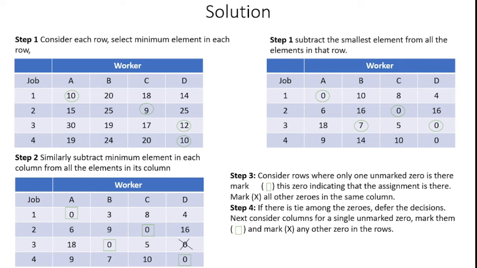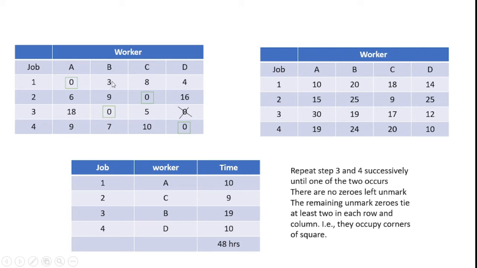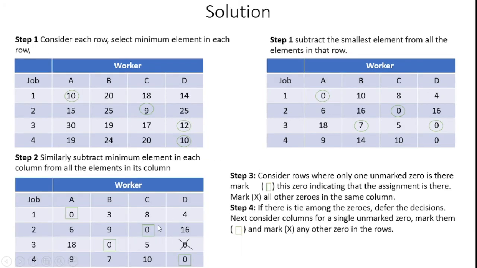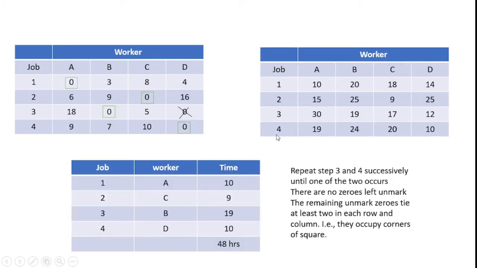How can I calculate the total time consumed by the workers on the jobs? Let's see. Here is the final allotment table. Job 1 is assigned to worker A, job 3 is assigned to worker B, job 2 is assigned to worker C, and job 4 is assigned to worker D. Likewise I can get the solution from the above steps. Okay, now I can pick the time I involved from the problem table. I can again represent the same table that is available in the problem.